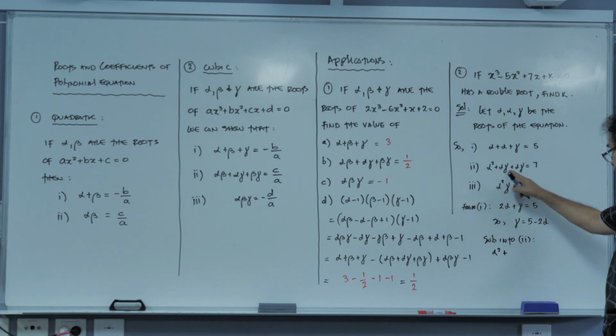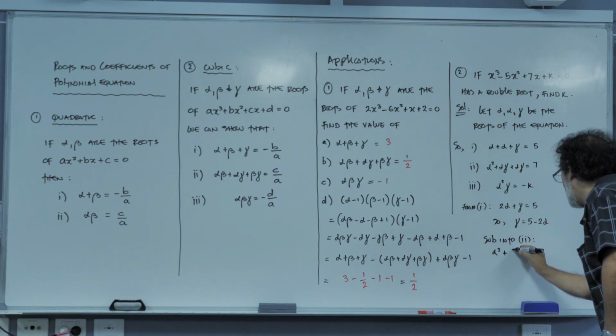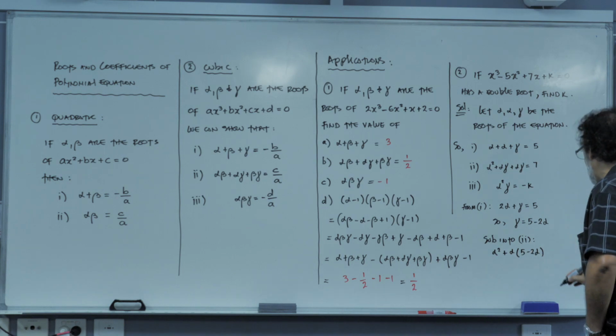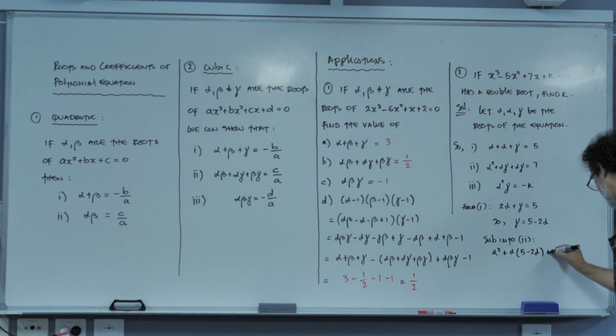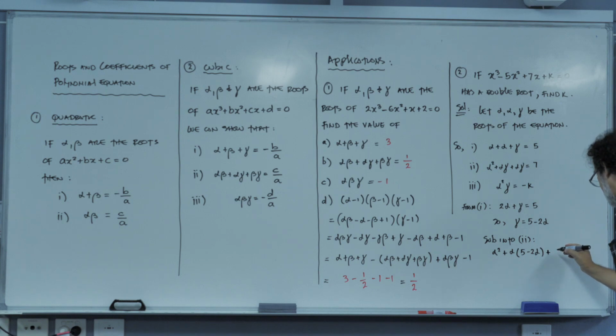Alpha multiplied by 5. That's going to be 5 alpha. Yeah, so it's going to be alpha multiplied by 5 minus 2 alpha, and then plus